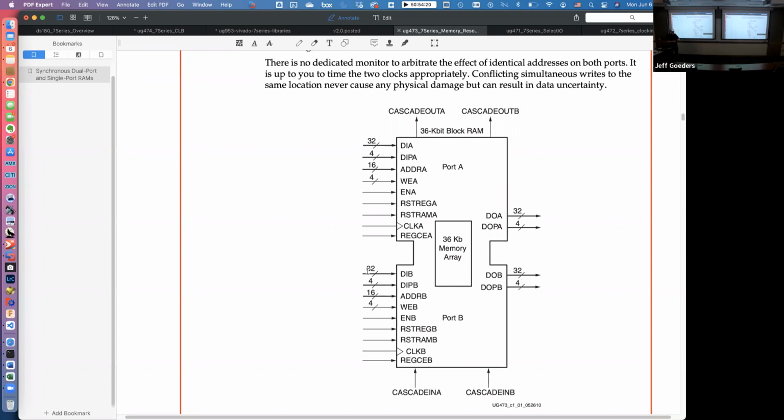Well, what's happening is these are the ports on it, but the memory itself is configurable. You can configure it to be 1K words of 32 bits each. Does that give you 32 kilobits? Yep. You can configure it to be 512 words of 64 bits wide each. You can configure it to be 32 kilo words of 1 bit wide each, which means if you were to instantiate this and give it the appropriate parameters to make it 32K by 1, a big, tall, skinny memory,